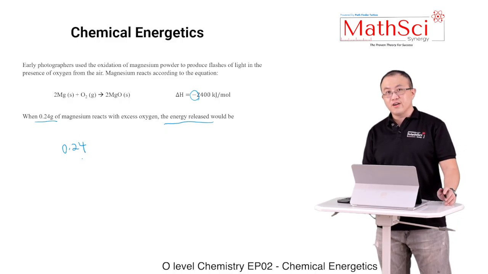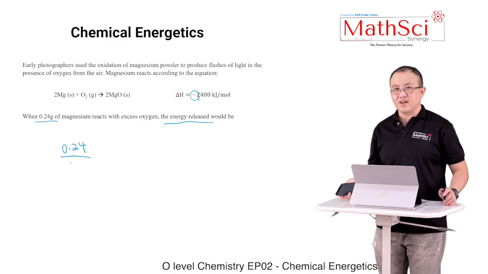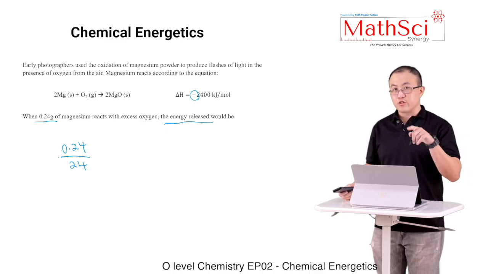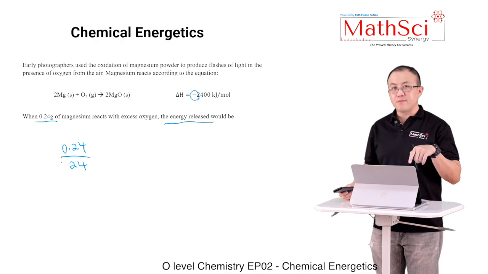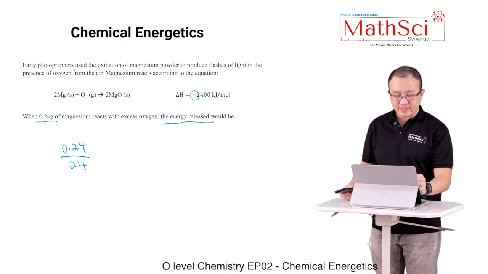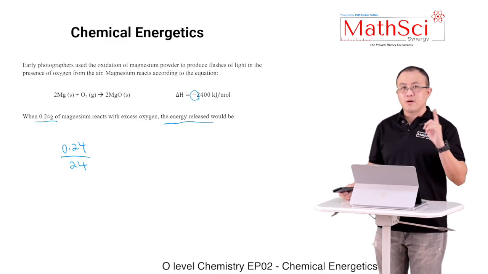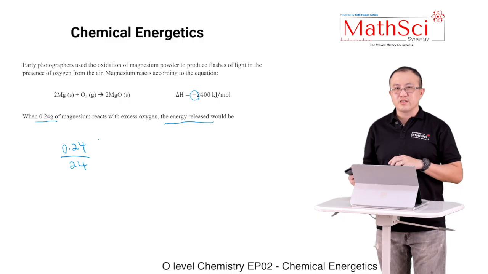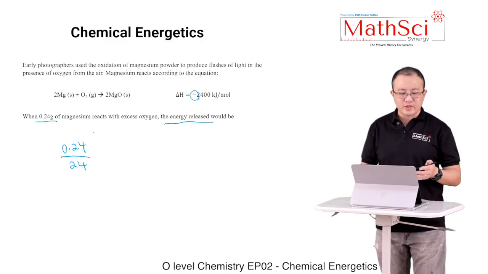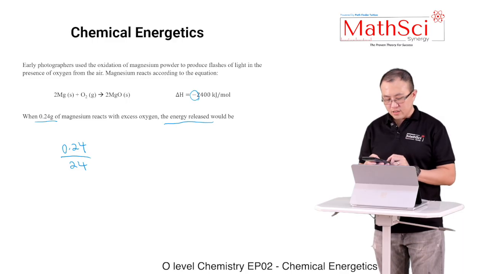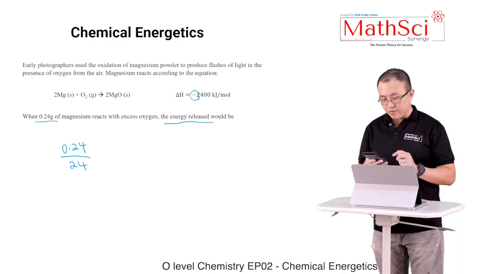How do I know 24? Okay, because 24 is the mass of Mg. 1 mole of Mg is 24 gram. So I'm trying to find out how many mole is 0.24 if I'm going to use that to react with excess oxygen. Based on my previous video, you recall that if oxygen is in excess, that means you have more than enough. Then the limiting reagent is the one that determines the final amount of energy released. So you take 0.24 divided by 24,